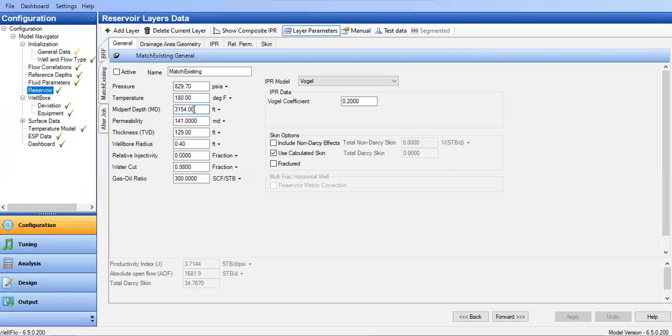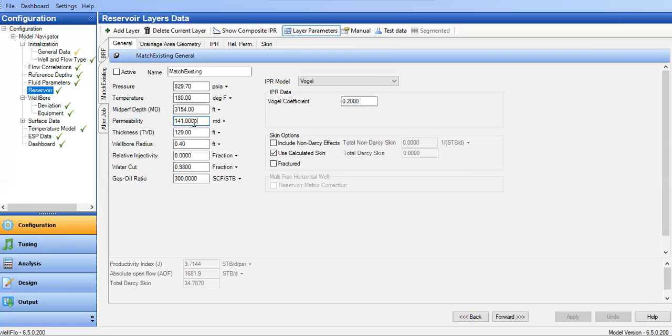It's given. Permeability from log based on the evaluation is 141. I can adjust this one because permeability from log does not necessarily represent all the drainage area of the well. So maybe we can adjust that,